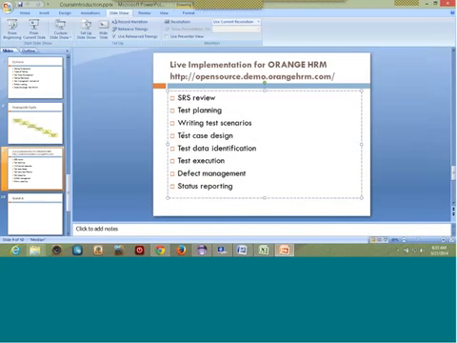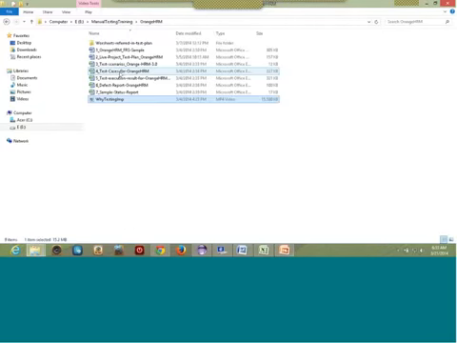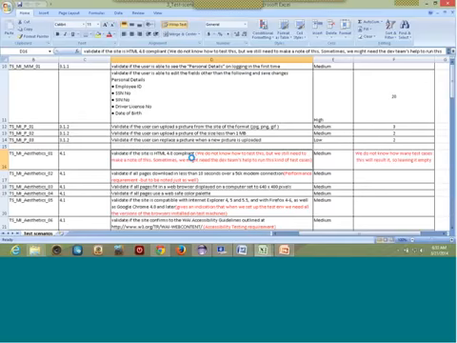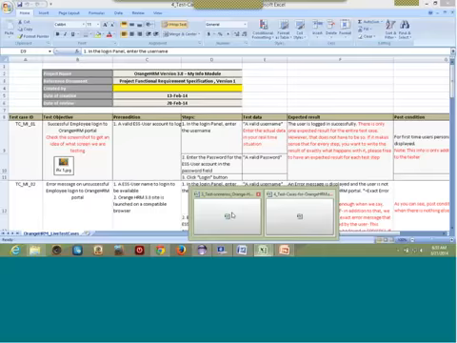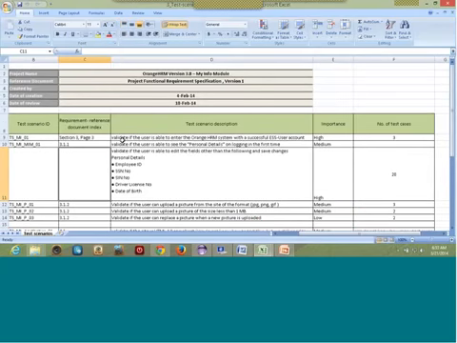Let me do that. So in the next phase, what we do is test case design. I have another template. It talks about how to write test cases, basically. And these test cases are always derived from your scenarios. When I say scenario, it's nothing but this scenario,